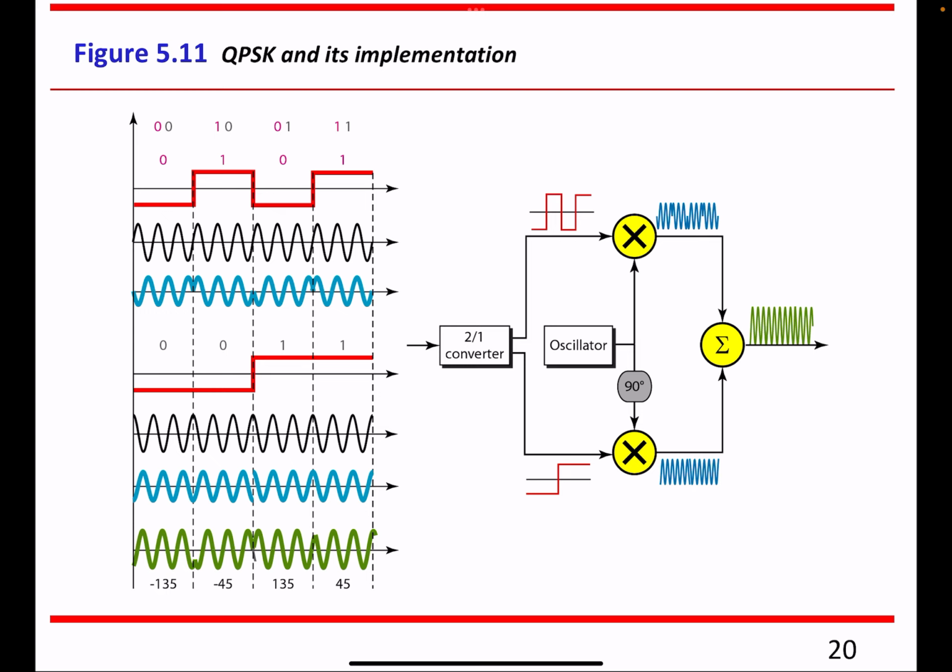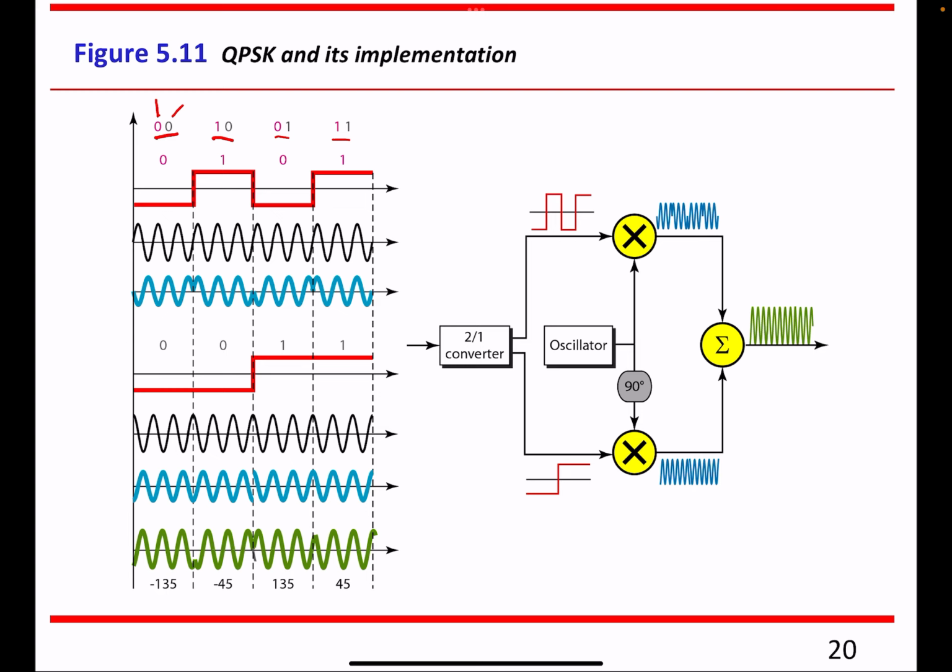As you can see here, we are actually sending 2 bits at a time for each signal element. These 2 bits for one signal element, these two. So in quadrature phase shift keying, we basically divide these 2 bits into two parts. One is the left part, that is marked as red color, and another one is the right part, that is